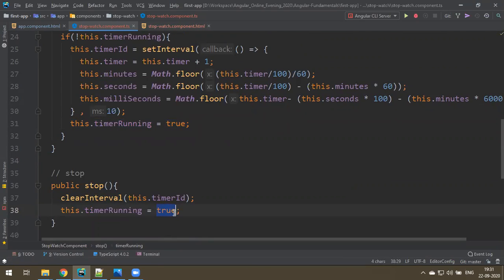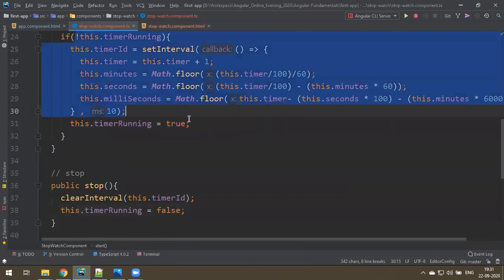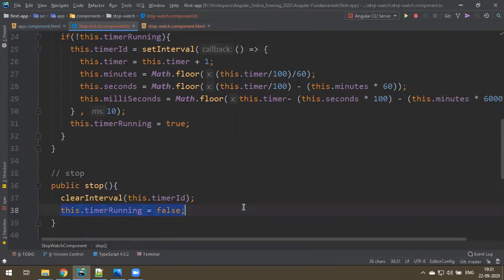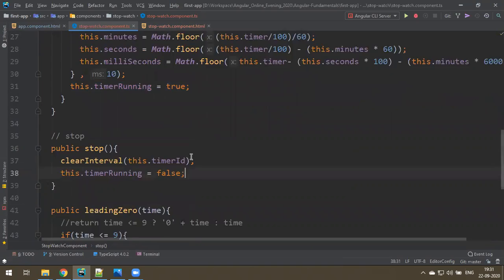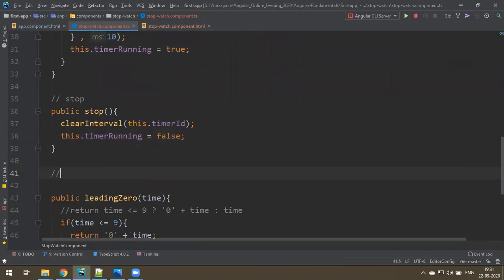By that time it must be false. If it is false and you click on start again, it will start. Otherwise you have put a lock on it. You open the lock when you click on stop. And in the same way I'll make a reset, public